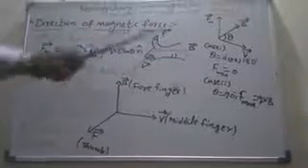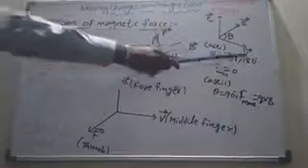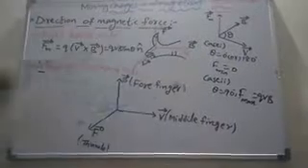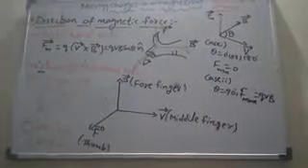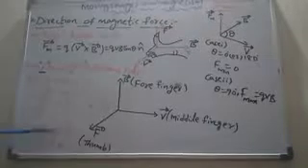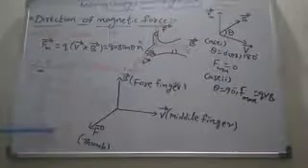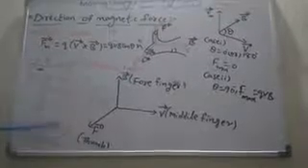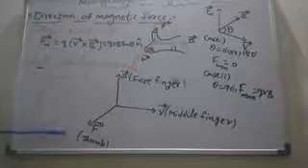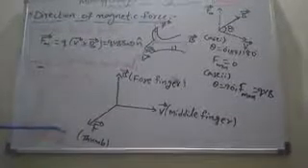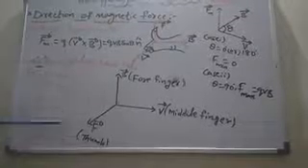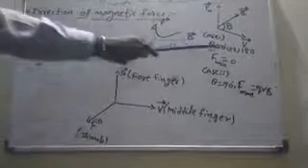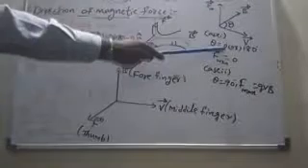If theta is equal to 0 degrees or 180 degrees, the charged particle is moving parallel to the magnetic field. Suppose the velocity of the charged particle is along the x-axis and the magnetic field is also along the x-axis. I cap cross I cap, how much is it? 0. J cap cross J cap? 0. K cap cross K cap? 0.